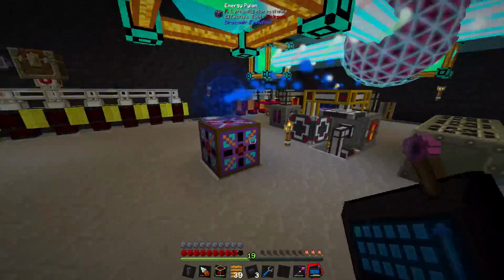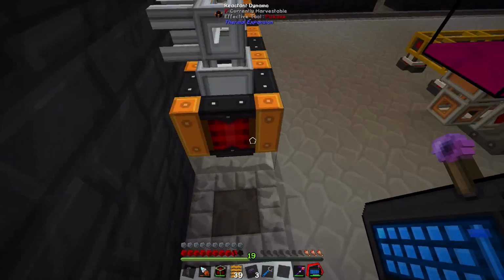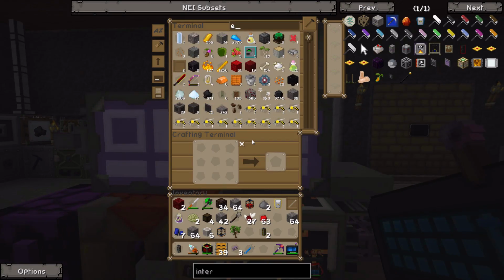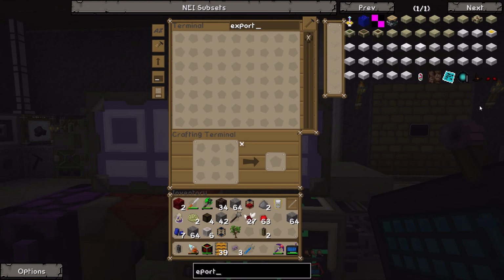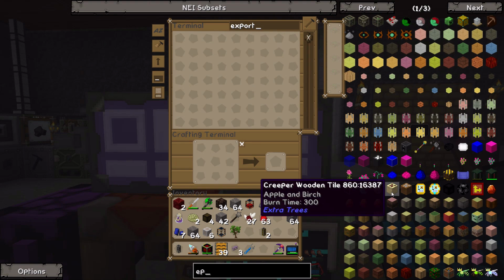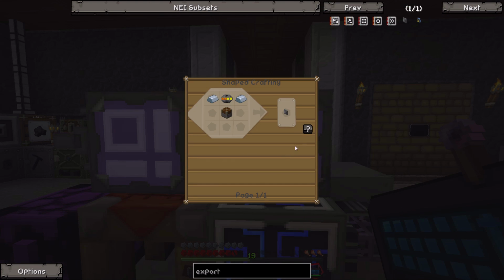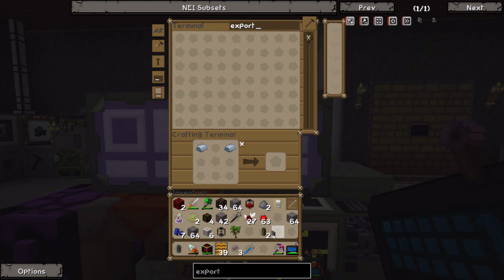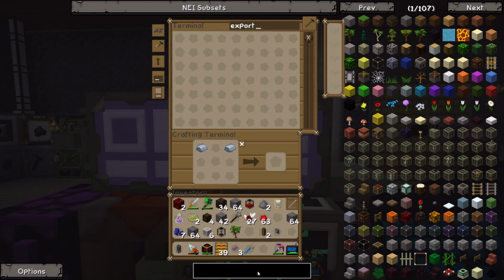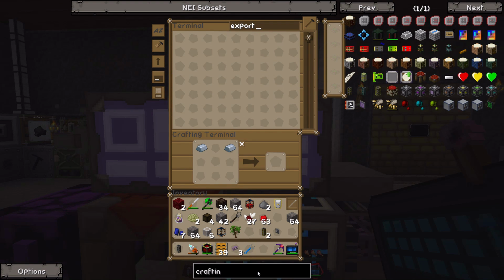And I guess the last thing that I want to do here is go ahead and make myself one more export bus, which we do not have, but I think we should be able to make if we get a piston, and we'll basically just set it to export. Okay, actually, no, what we'll do is something a little bit different. I was going to have it export straight up coal into the steam boiler, but instead